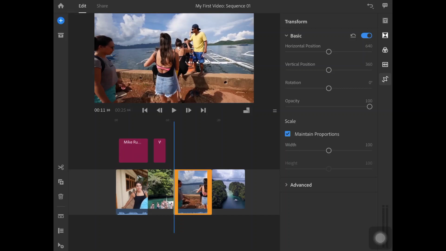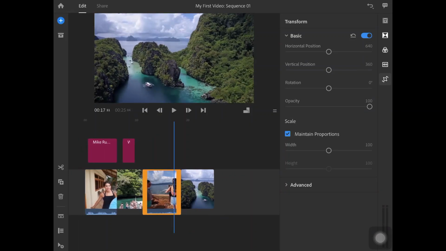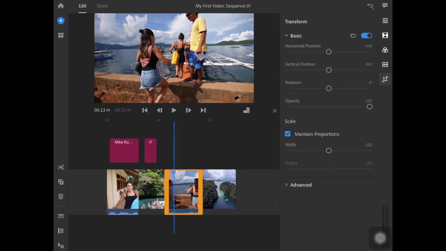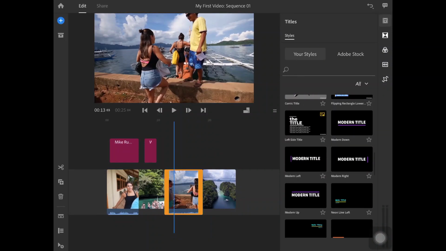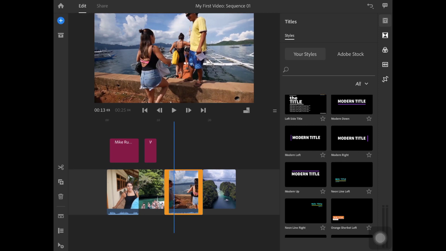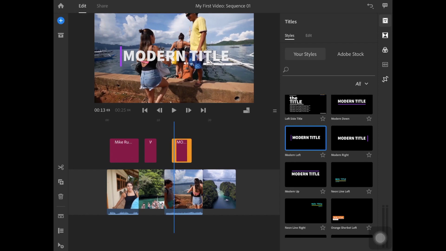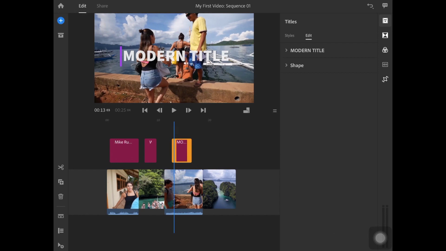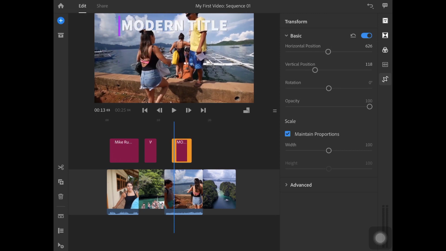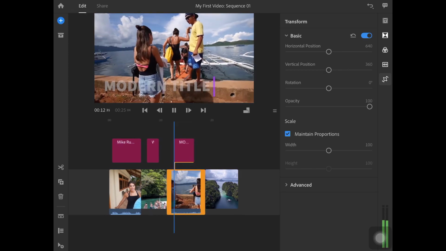Okay, so I'm done. Now there is a third part and then there is a fourth part. Third one, maybe I'll just add another text template. Let me scroll here. Okay, I'm going to use modern left. I'm going to click, I'm going to drag. I'm not going to be mindful of the positions yet, but let's see what I can do. I will quickly come to transform, and that's not where I want the position to be, so I'll just change the position to something like this. Okay, now let's see how does it play out.